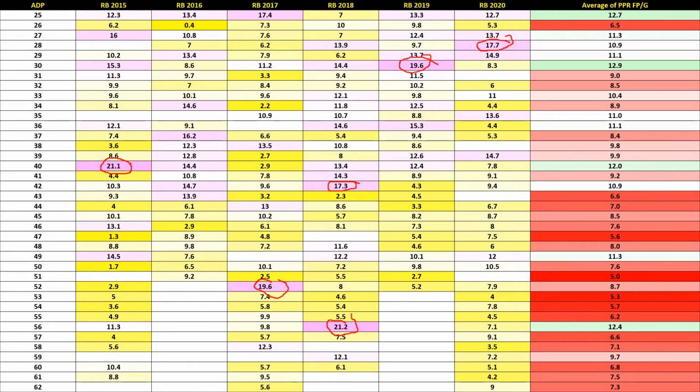So it gets real lean in the 3rd, 4th, 5th round RBs. Okay, lean. And here's some averages there. So about the 42nd pick, you can see that the averages just get suckful here.